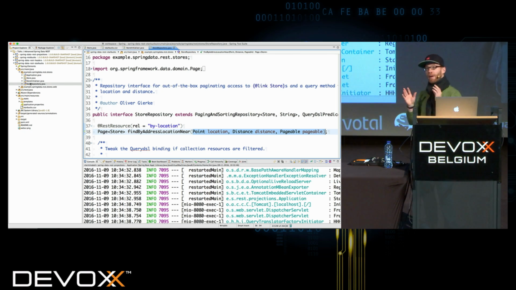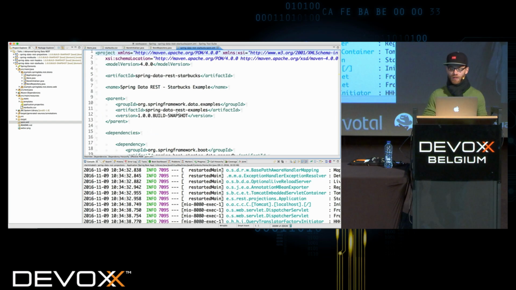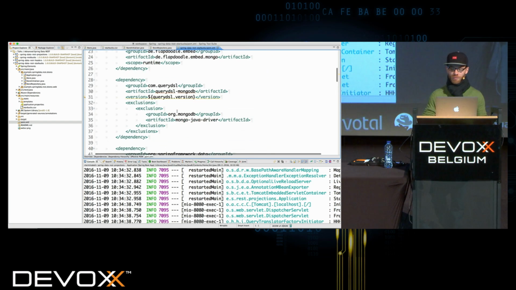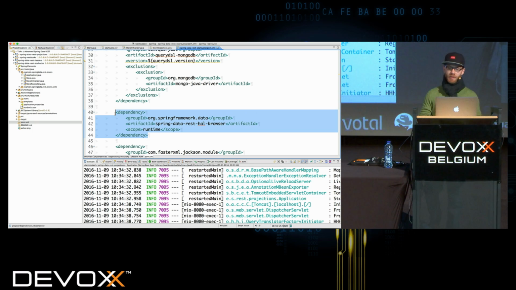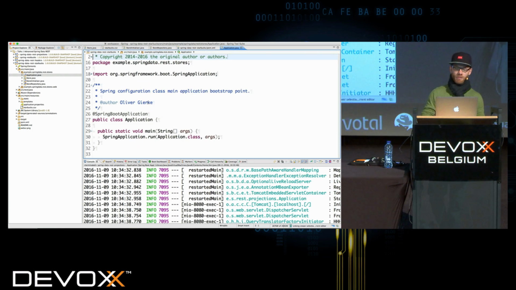So far, this is just a basic Spring Data repository with two entities. And what I've done to the project is I've added the Spring Data REST library, right? There should be a Spring Data REST module here. The HAL browser, we get back to that in a second, but it's basically pulling in the Spring Data REST pieces. So if I now start this thing,